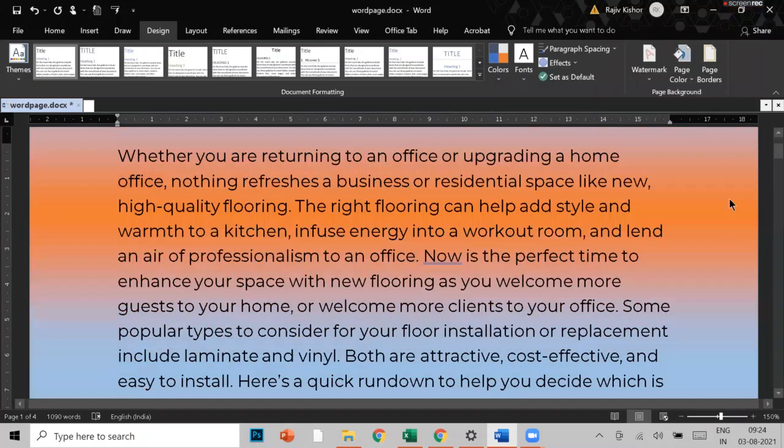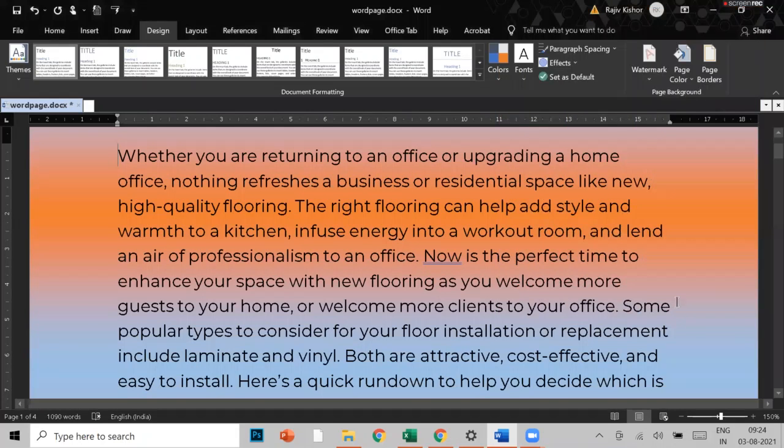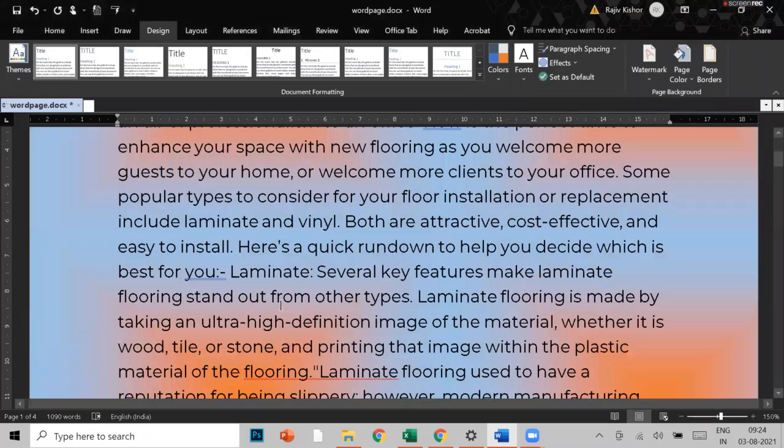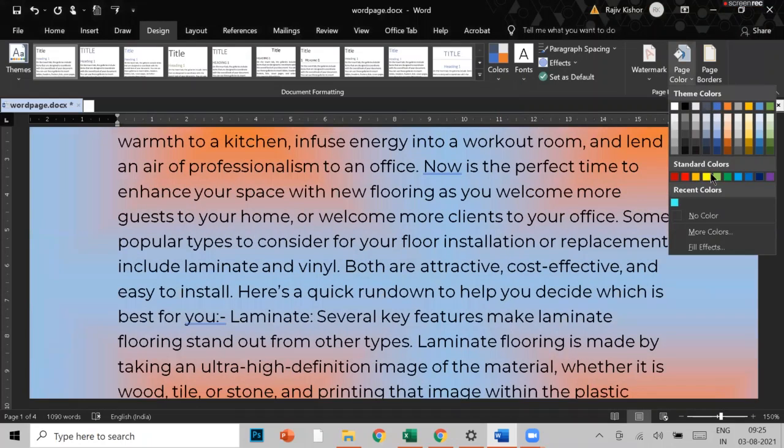Okay. Now there is one more option given. This is actually the horizontal way, horizontal styling. Here you can have the vertical also, diagonal also. You can see that automatically it is changing. Diagonal down, from corner, from center. So in case of from corner, I want this one, to select this one. If you want the corner on this side, you select this box. Now you can see I have selected, it is filling the inner corners. So this is one way to give the color.